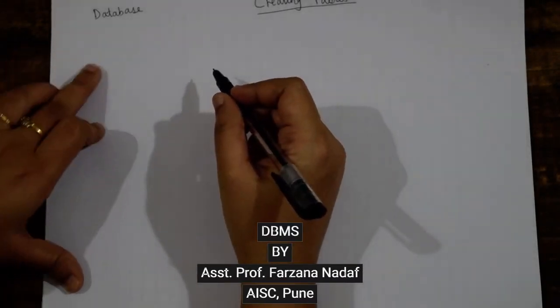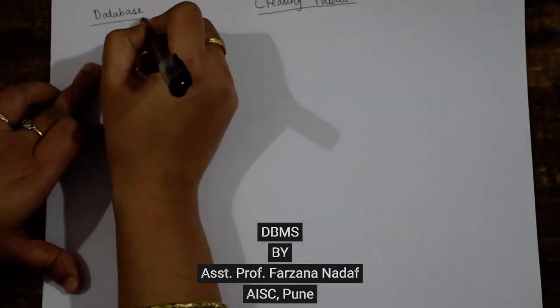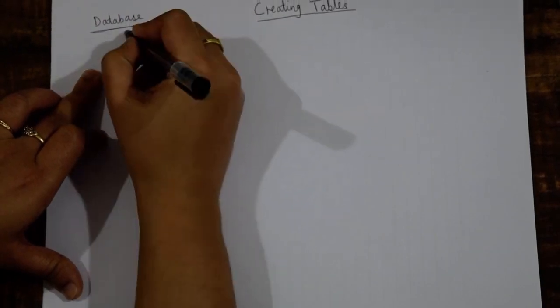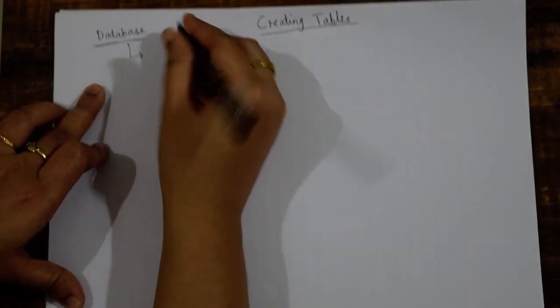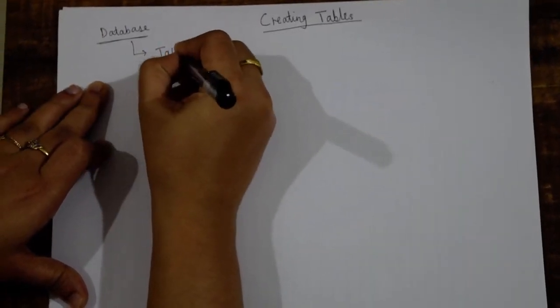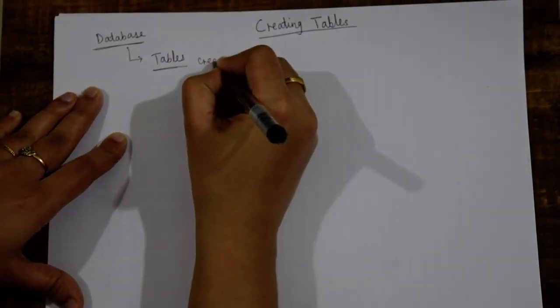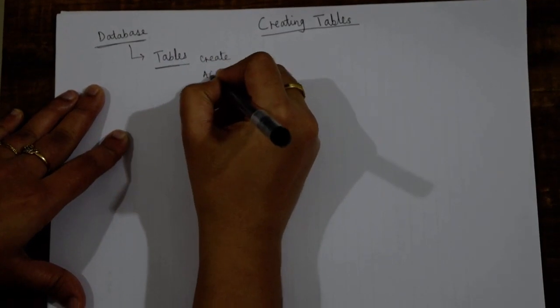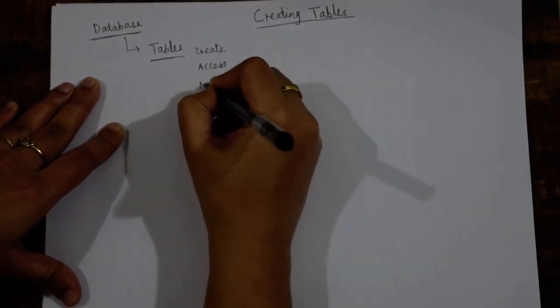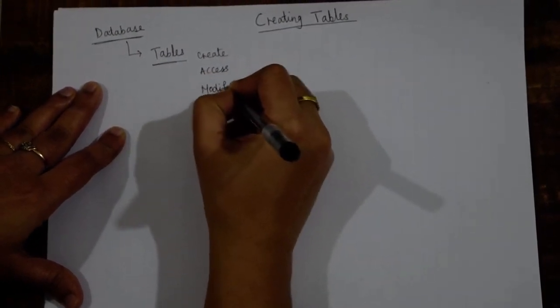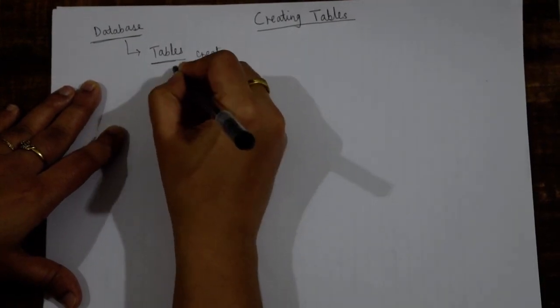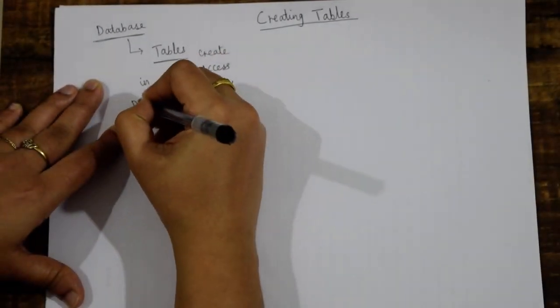In my last video, I explained what a database is. Correct? We have seen that a database is a collection of information in the form of tables. Now, to create, access and modify tables in DBMS,